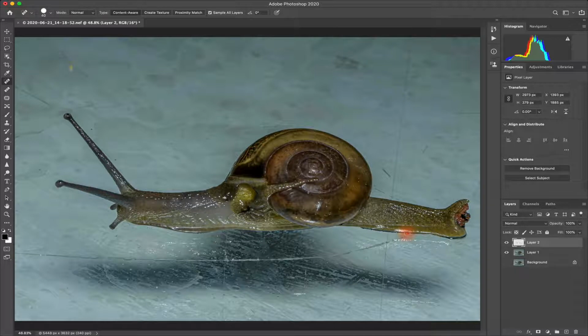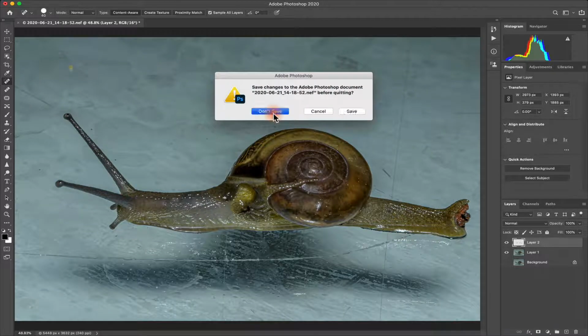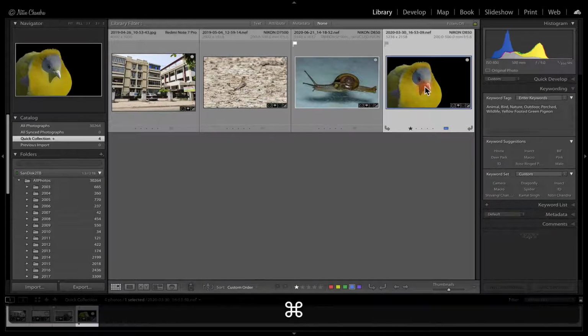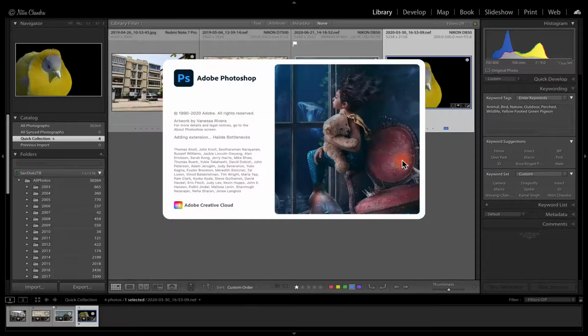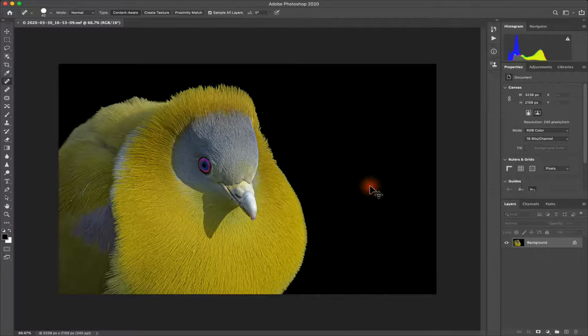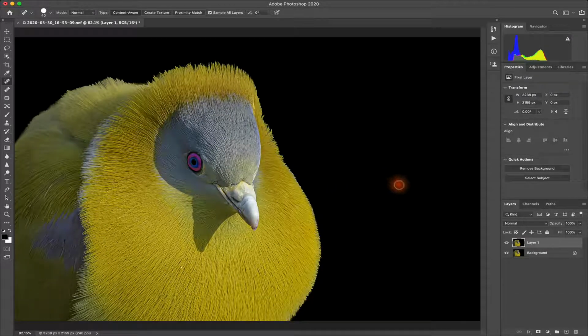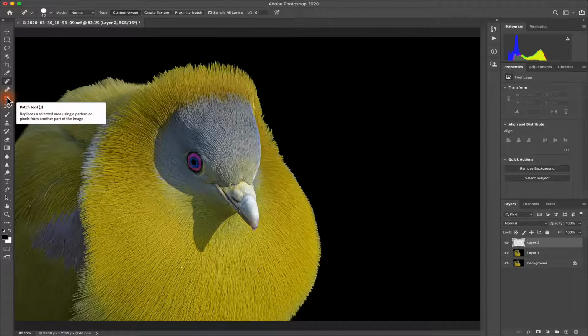Now, to use the patch tool for a similar effect, we will just quit this and pick up a bird image. Do a Command E on this, make a copy, Command J, Command 0 to fit in screen, add a new layer. We already have this selected, but now we will pick up the patch tool.